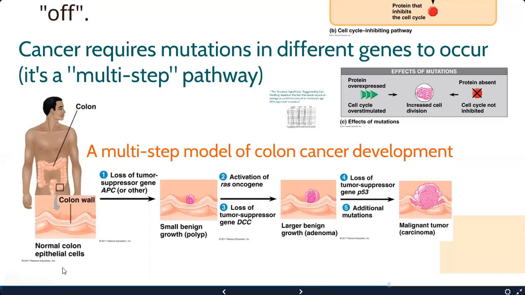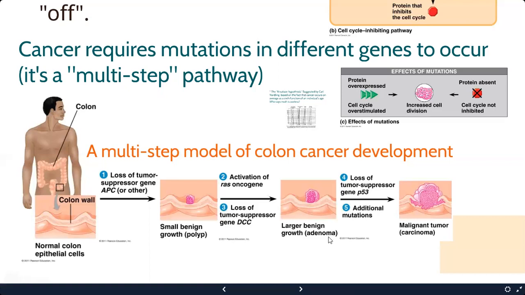So again, you don't have to know the specific gene names, but just know it's a series of unfortunate events. And colon cancer is one of those cancers you can't just look, like for breast cancer, you can check yourself for lumps. You can't look inside your own colon. So